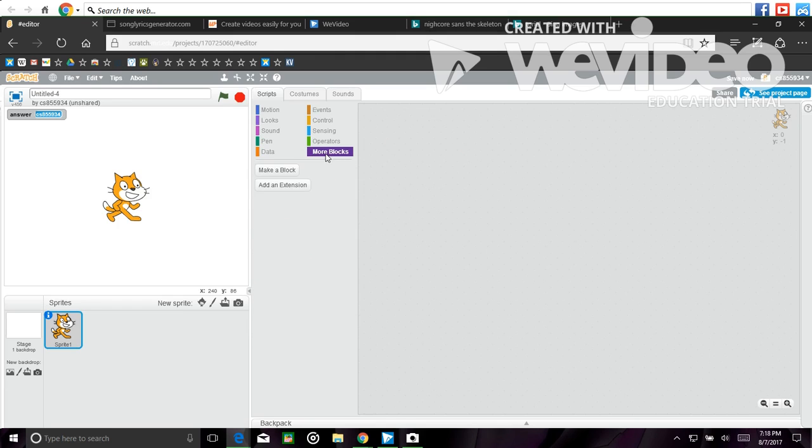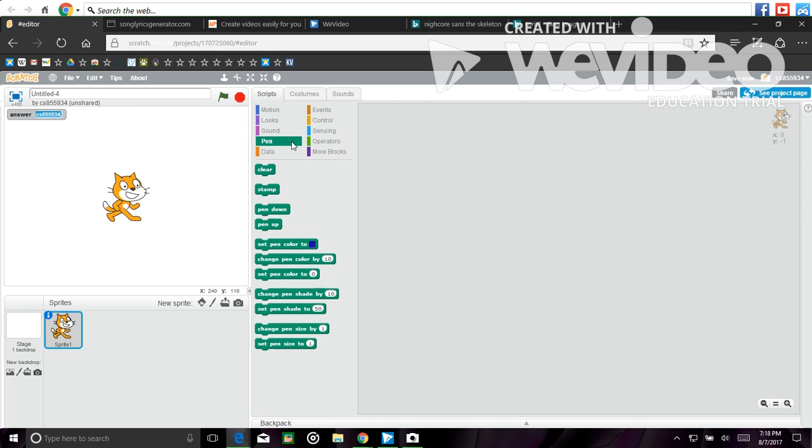More blocks you can create. More blocks, and Dad, you can actually create your own blocks. Now I really don't know how these work either. However, I do know how pen, sound, and looks and motion work. Also, events and control. These guys, I really don't know how they work. Just don't know how. So anyways, pen, you can set pen color to blue or